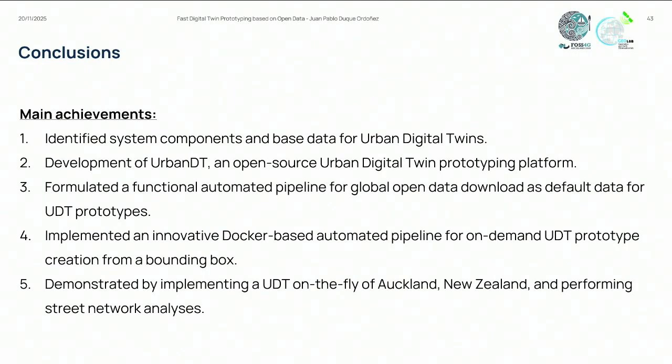And finally, just to wrap up with the conclusions, I think I'm just on time. The main achievements of this research were to identify the components and the base data for the urban digital twins. And then we developed the Urban DT platform to prototype these findings on the system components and base data. Then we formulated a functional automated pipeline to automatically generate the urban digital twin